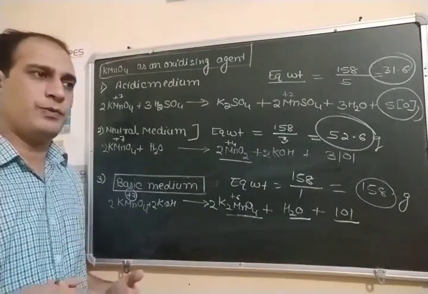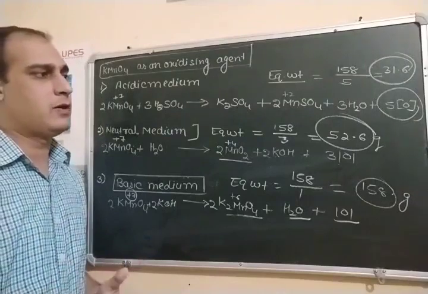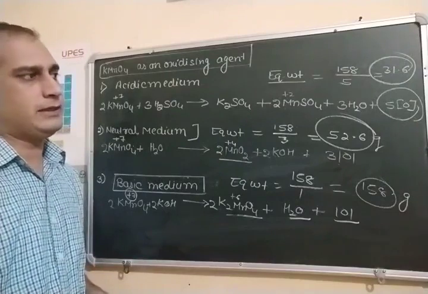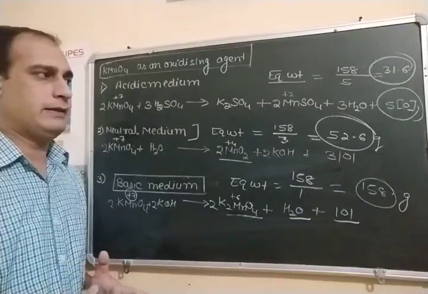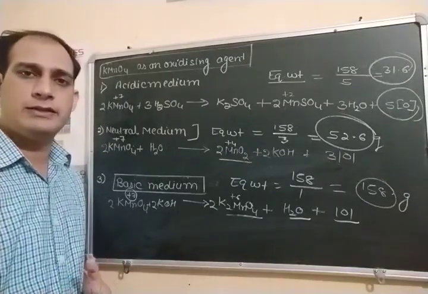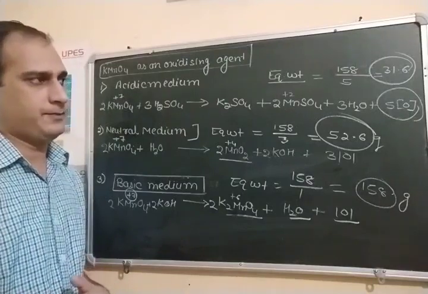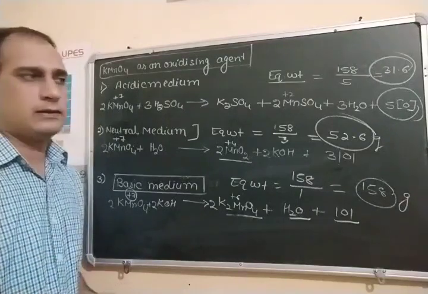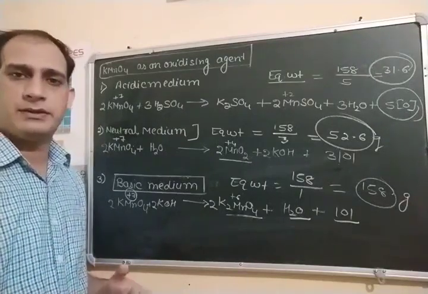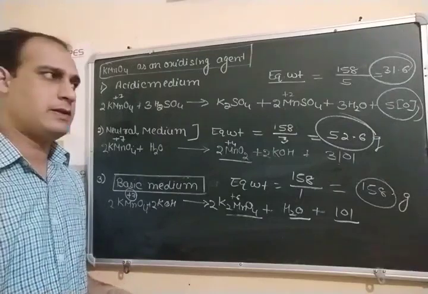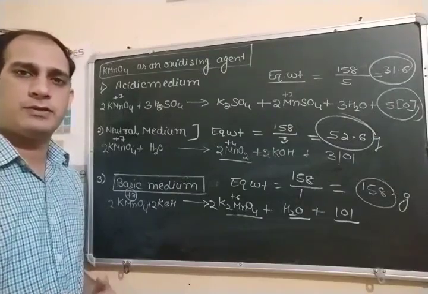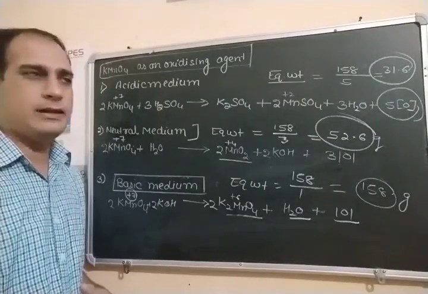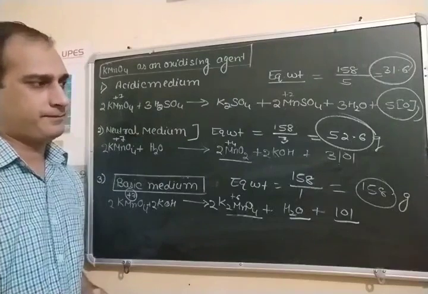So various oxidation reactions can be carried out by using this KMnO4 reagent. So KMnO4 is a very important laboratory reagent in the organic chemistry also, and for the oxidation of various organic compounds. As we have to convert alcohol into carboxylic acid, we can easily use KMnO4 or potassium dichromate, because both are oxidizing agents, so they will carry out the oxidation easily. So both can be used easily as oxidizing agent.